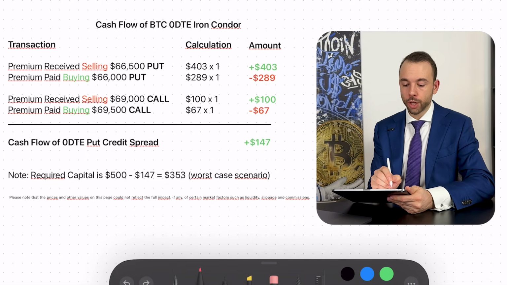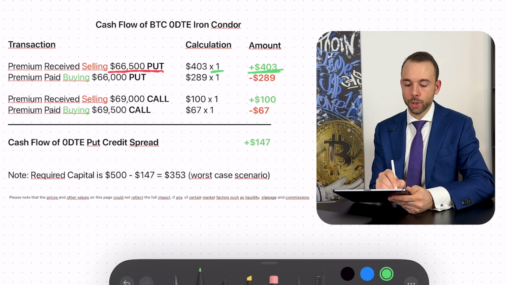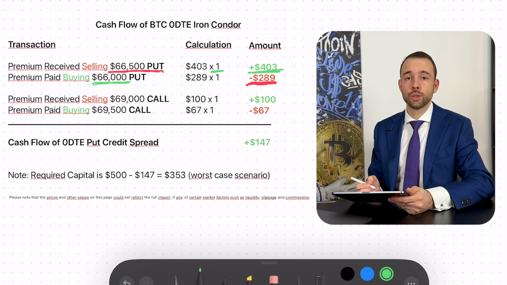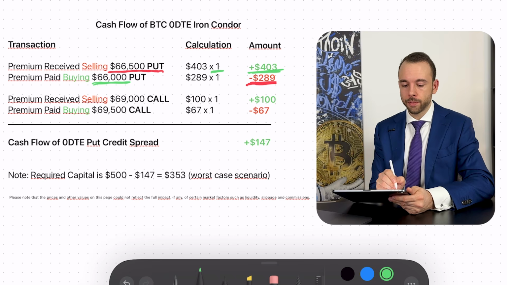And let's take a look at the cash flow of this strategy. So once again, the trader sold a put option with a strike price of $66,500. He sold one put option, which is equal to 1 BTC, and for that he received a premium of $403. Immediately after, the trader buys a put option with a strike price of $66,000, and for that he pays $289. After that, the trader starts to trade call options, and first of all he sells a call option with a strike price of